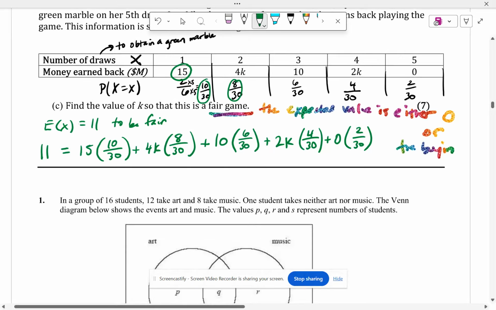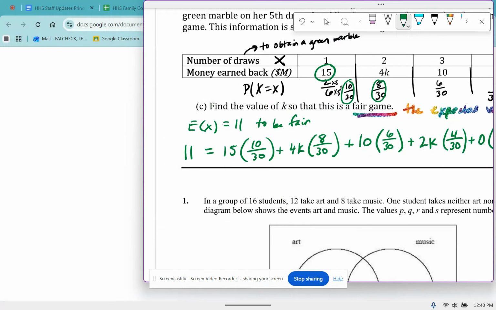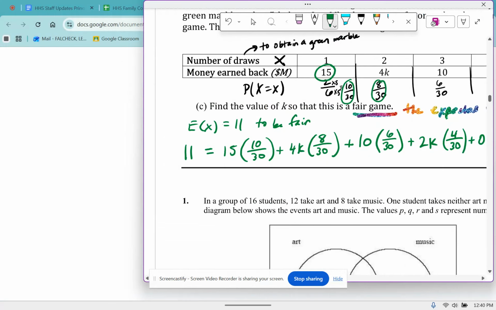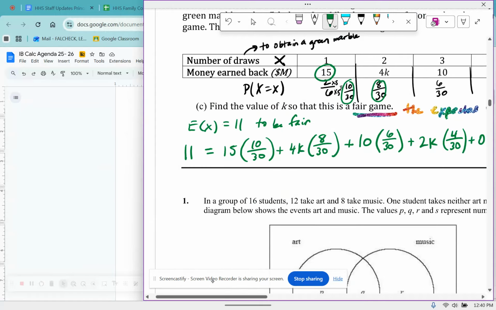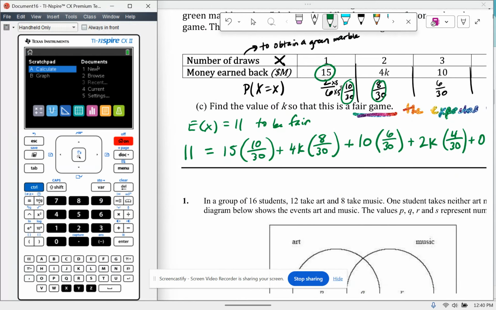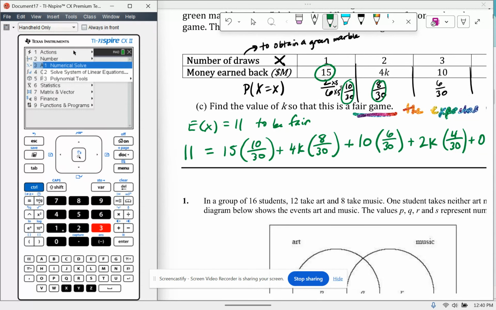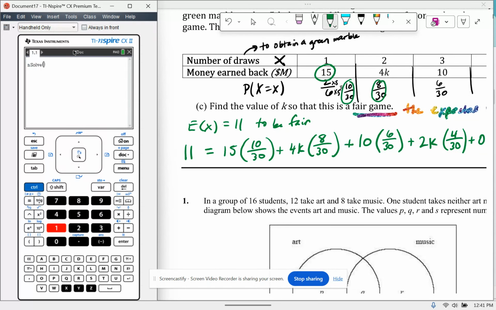You could type this into nsolve. Do you guys know how to use nsolve? I mean, you could do it by hand, but it's a lot of fractions and stuff. Why don't we use our tools? Here, check it out. Okay, so nsolve is going to be menu 3, 1. Type it in exactly the way you see it, comma, in this case we're using the variable k, so comma k at the end, okay? So you would have 11 equals